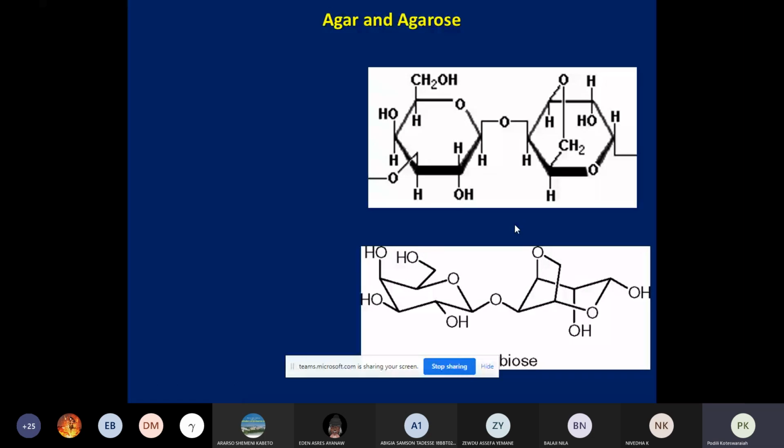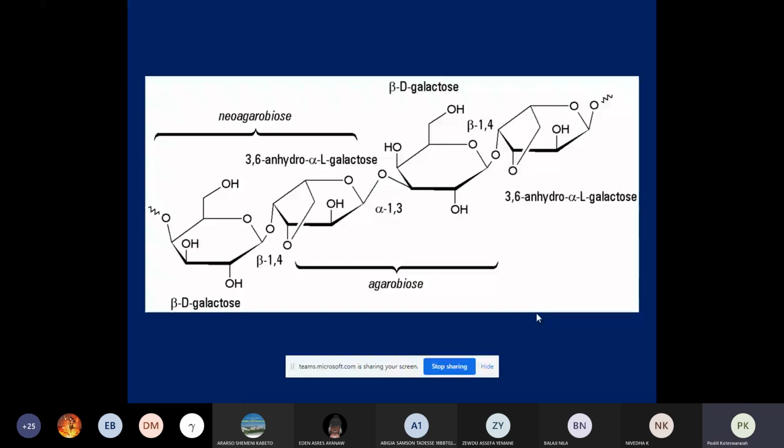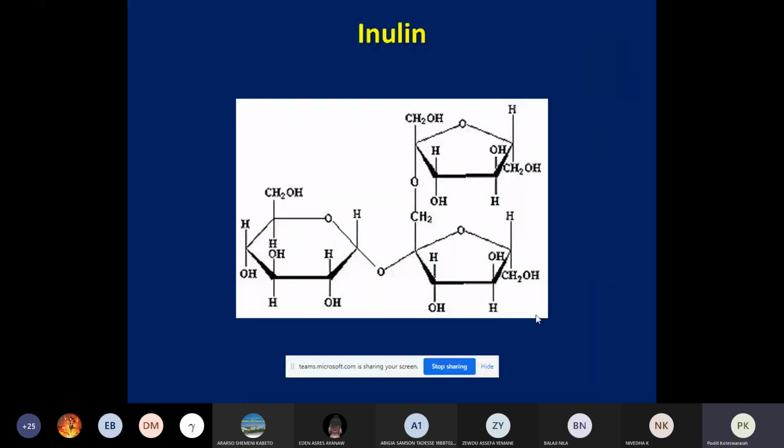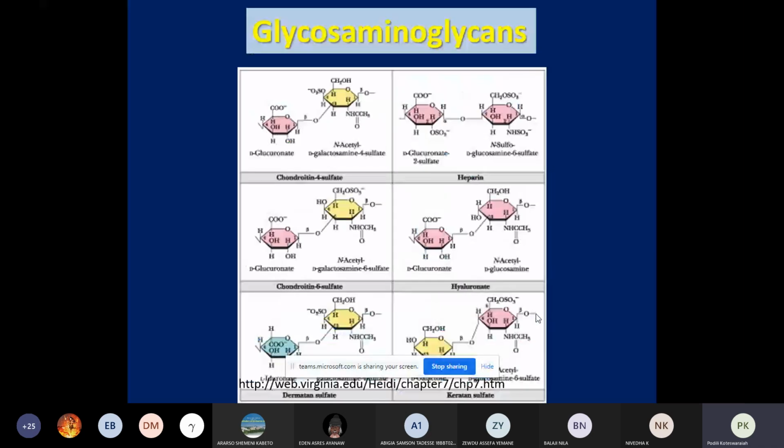And the saccharose is a processed form of the agarose, mainly used in electrophoresis. And this one, we have already said, is inulin. So these are the different types of polysaccharides, mainly homo and hetero, and we have an important class of